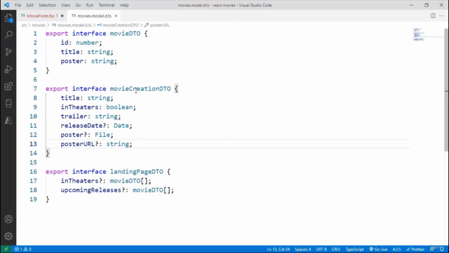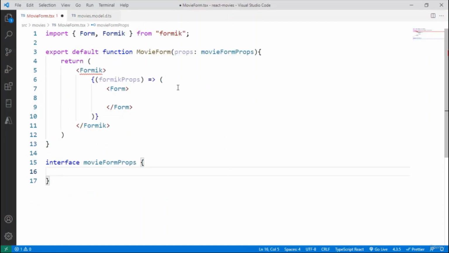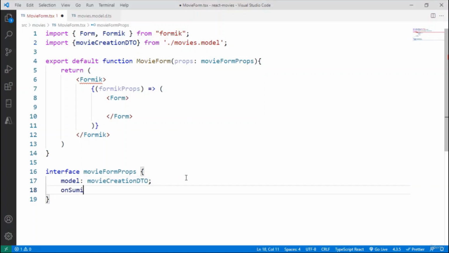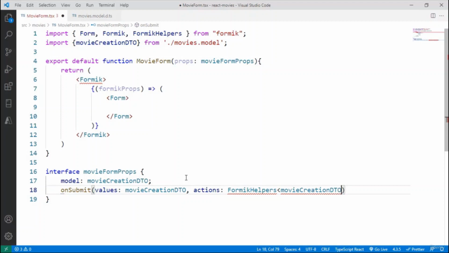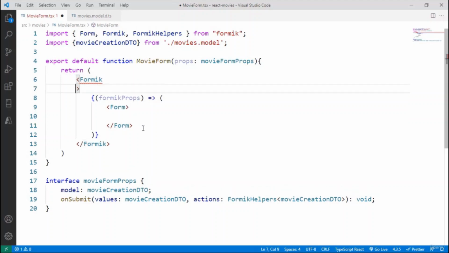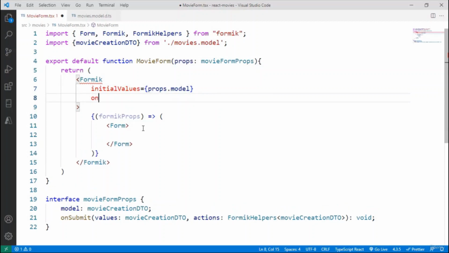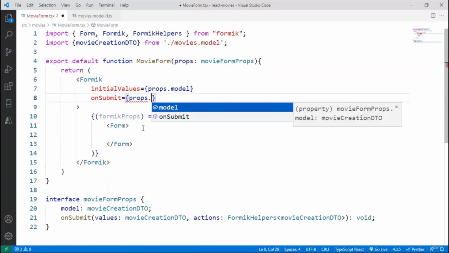Now let me save and let me copy this and let me come here. And I want to say model, colon, movie creation DTO, and let me import this like this from movies model. And let's come here, semicolon, on submit, values, movie creation DTO, actions, Formik helpers, control dot, and movie creation DTO, colon here, void. Now let's say here in the Formik component, initial values, props model, on submit, props on submit,